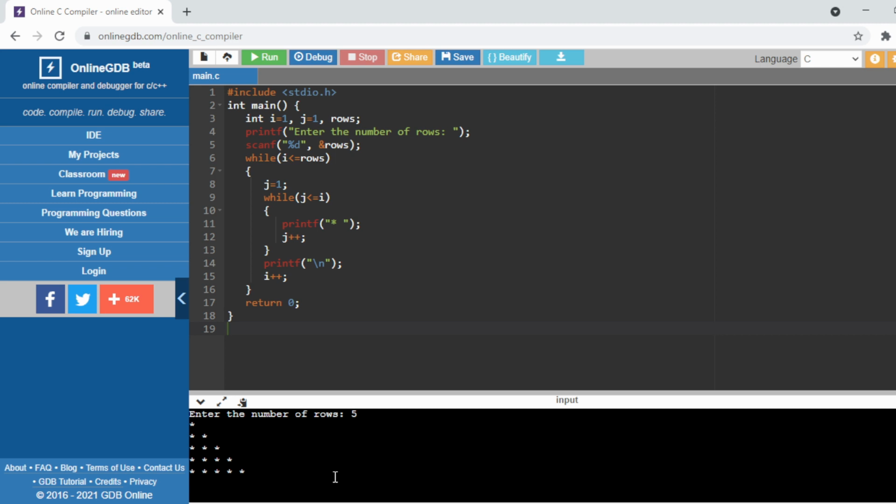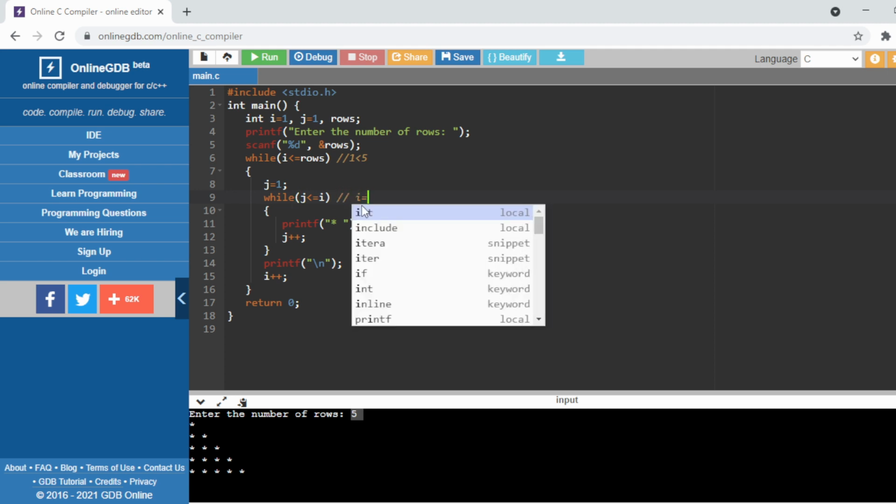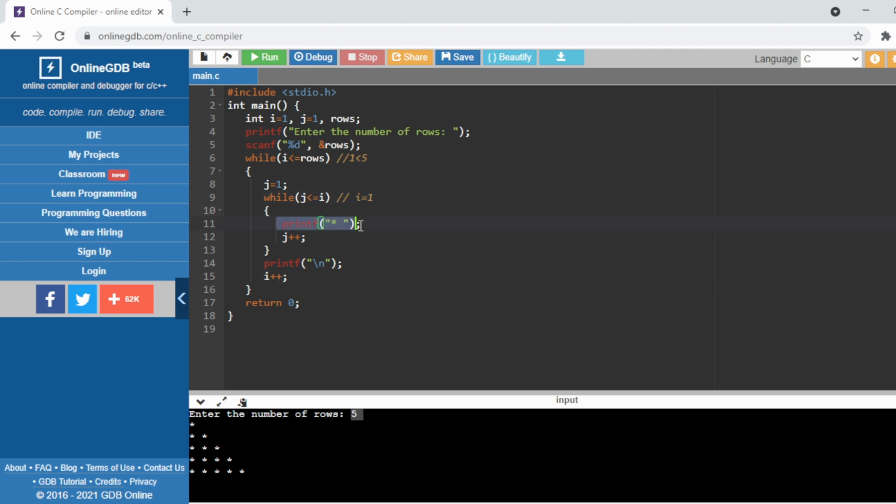So if you just dry run this code, at the first time the value of i equals 1, and the condition is i less than rows, where I wrote the value of rows equals 5, right? So this condition is true, because 1 is less than 5, and as this condition is true, it will enter the loop. The starting value of j equals 1, and what is the condition? j less than or equal to i. But here at the first time, you all know the value of i equals 1, so that's why this will print only 1 time.